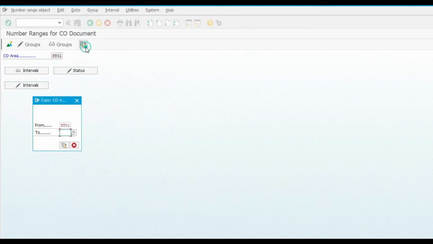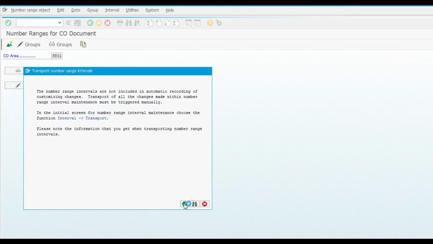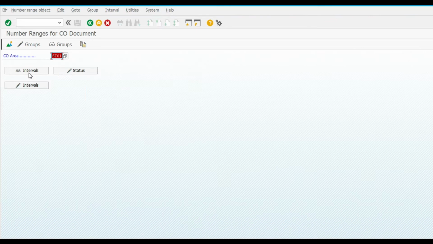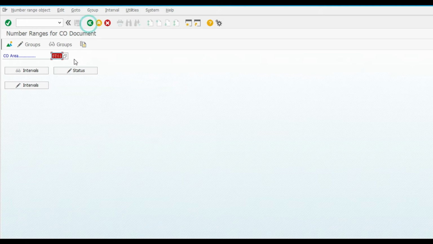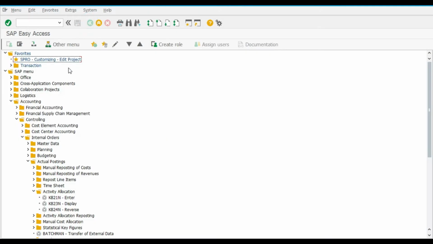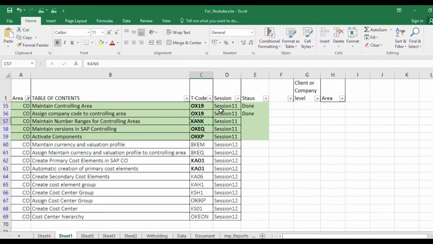We are just going to copy it from 01 to ST01. Now check intervals. These intervals are copied from 01 to ST01. Now save. This already got saved. Now this step is also done.